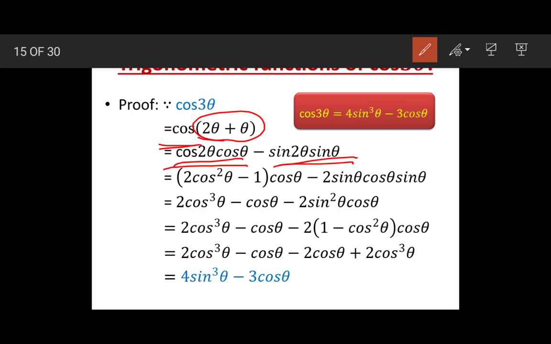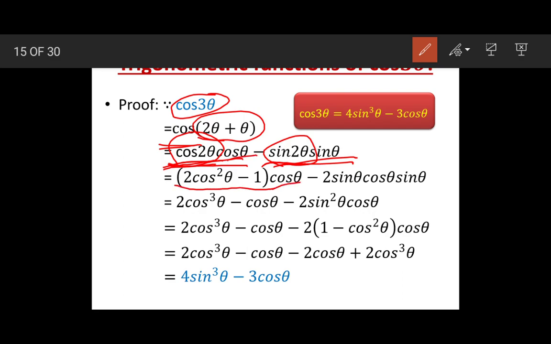Okay, compound angle formula. Now again I am getting cos 2 theta and sin 2 theta terms. So I have to change this cos 2 theta and sin 2 theta. Now since I am deriving formula for cos, I have to convert all the sin terms in cos terms. So cos 2 theta formula only in terms of cos. I am interested in cos 2 theta only in terms of cos theta. So there is a formula, 2 cos square theta minus 1.